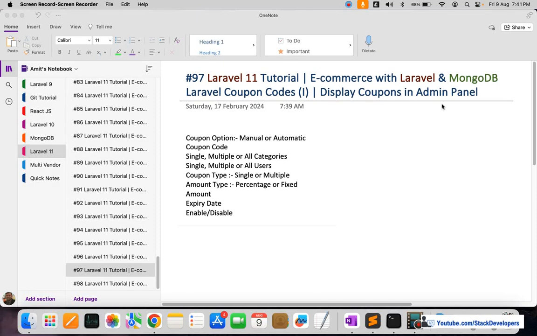Hello everyone, welcome to part 97 of the Laravel 11 series in which we are building the e-commerce website with Laravel and MongoDB. So we will finally work on the coupon code functionality, and in this part we are going to display the coupons in the admin panel. But first of all, we are going to create the coupons collection and we'll add some dummy coupons with a Seeder